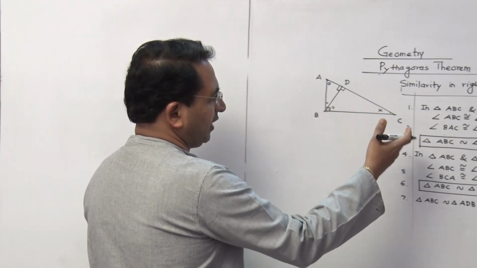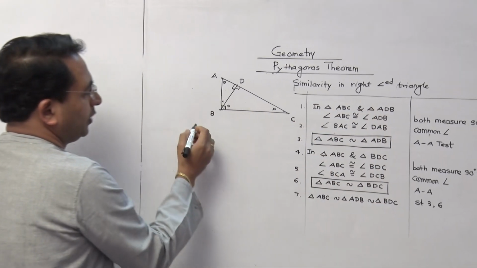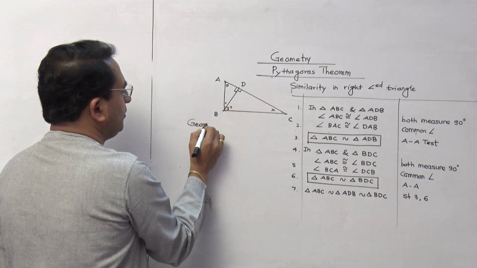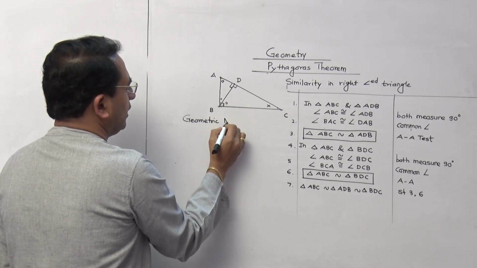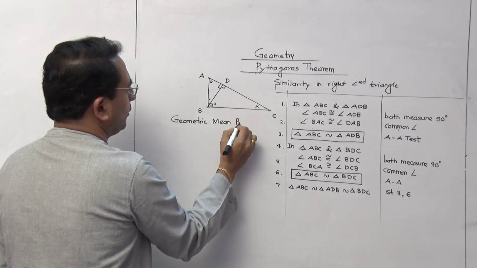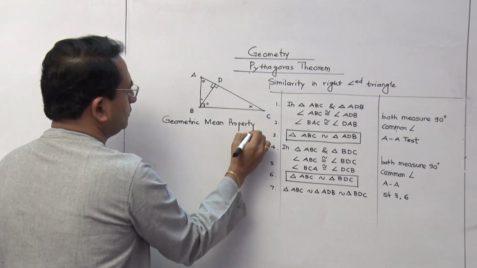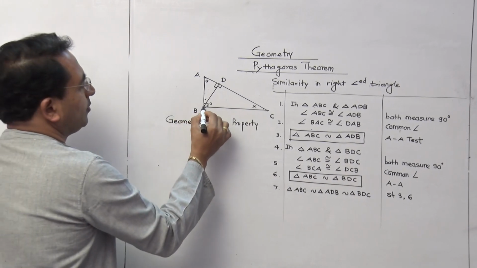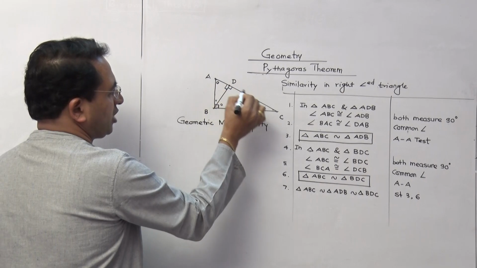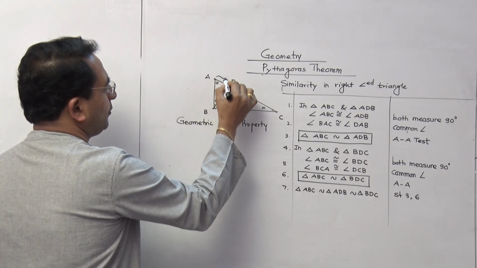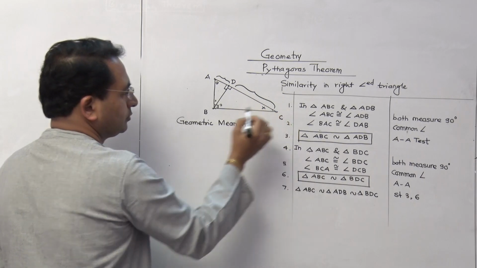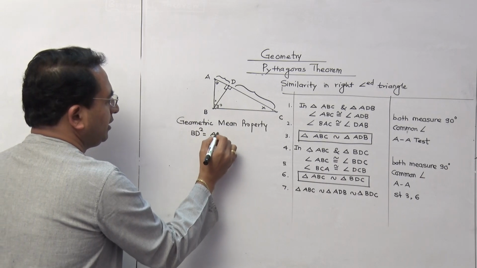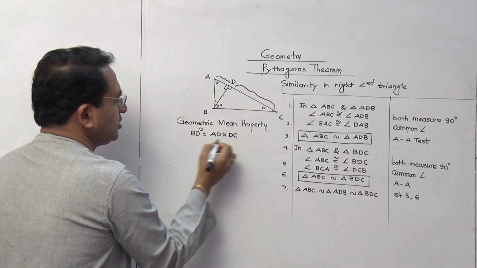See, the way I have told you, this is a proof in front of you, with the same diagram, but it is related to the geometric mean property. It is called the geometric mean property. Now, what does it mean? The perpendicular drawn on the hypotenuse is the geometric mean of the parts in which the hypotenuse gets divided. The hypotenuse is getting divided into two parts. So BD square is equal to AD multiplied by DC. This is what you have to prove.